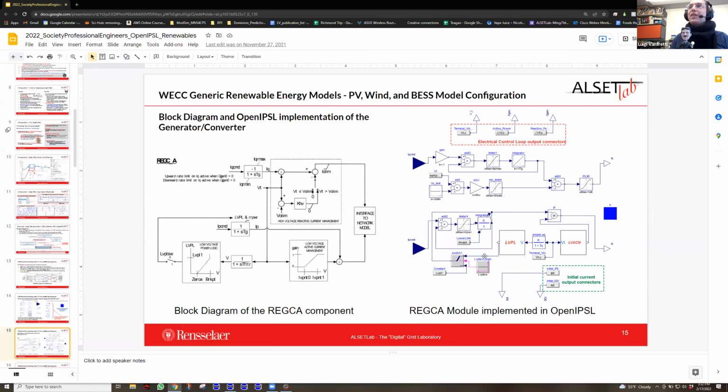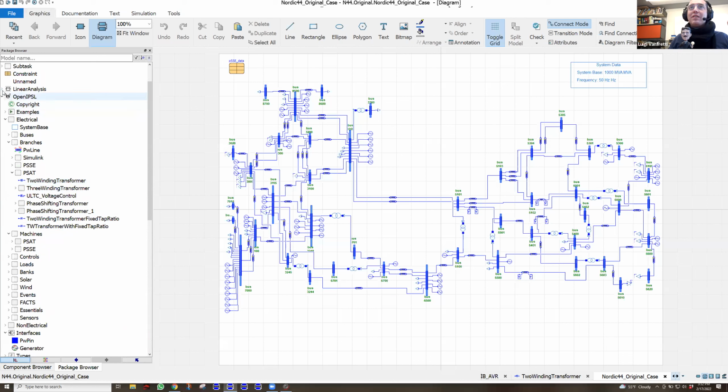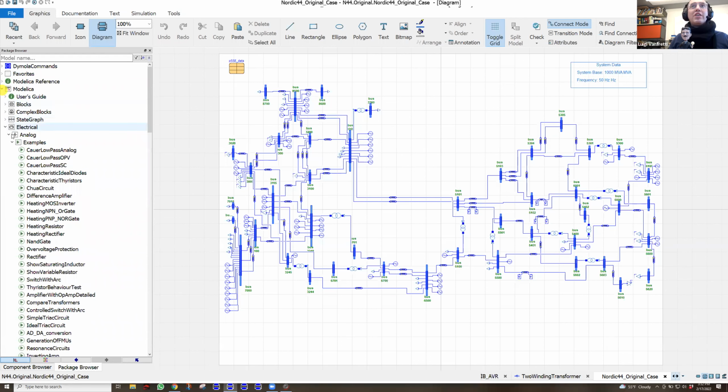Here is an example of the implementation for the converter. As you see, we reutilize a lot of the Modelica standard library blocks, and then we have to develop our own implementation of the low voltage protection logic and the low voltage active current management logic over here. We basically combine models that already have a block diagram definition, remembering that behind those block diagram definitions there are always equations.